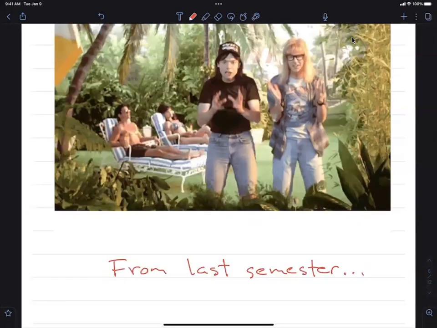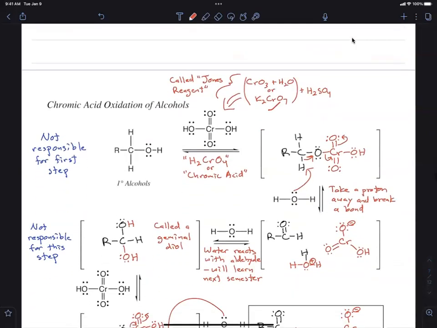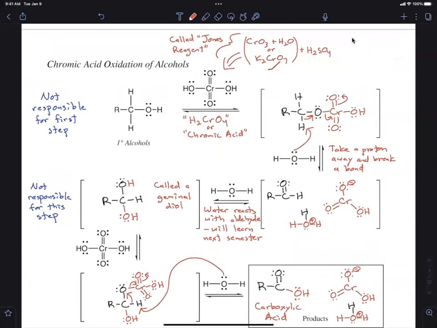Well, I'm going to take you back to last semester. We talked about a reaction, the chromic acid oxidation of alcohols. The chromic acid oxidation uses this reagent, H2CrO4, which is actually created from adding CrO3 and water, lots of water, with H2SO4. You can also add dichromate instead of the CrO3. But the point is, those combine and create H2CrO4. The reaction involves an initial oxidation of a primary alcohol to get to an aldehyde,